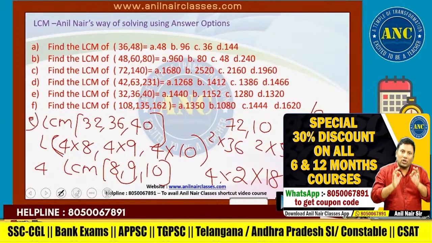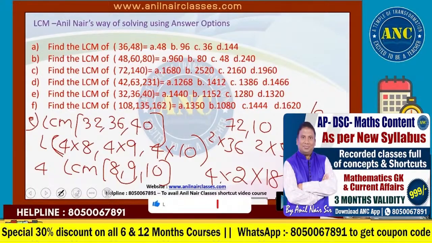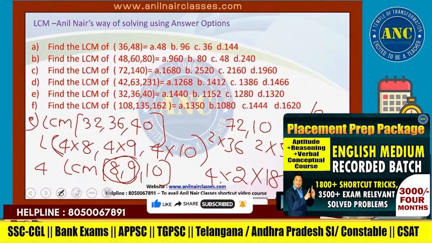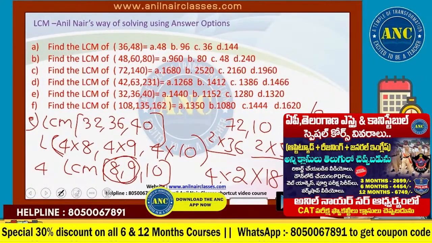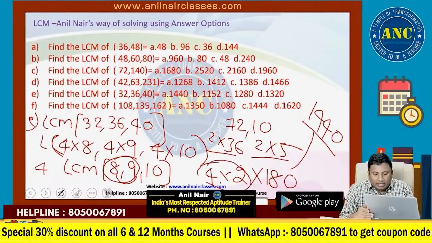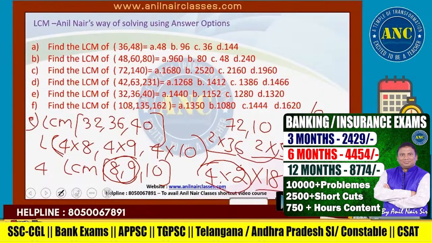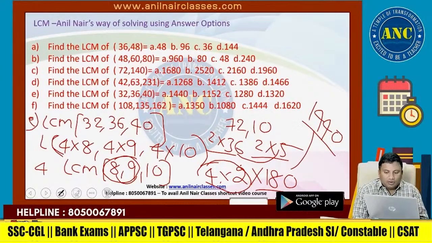4 into 8, 4 into 9, 4 into 10. 4 is taken out. 8, 9 and 10. 8 and 9, they are consecutive, so the LCM is 72. 72 and 10: 2 into 36, 2 into 5. 2 is taken out. 4 2s are 8. 36 and 5 are co-primes. LCM of co-primes is their product, 180. 8 into 180 is 1440. I hope the idea